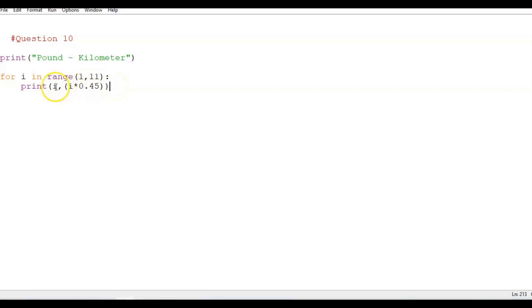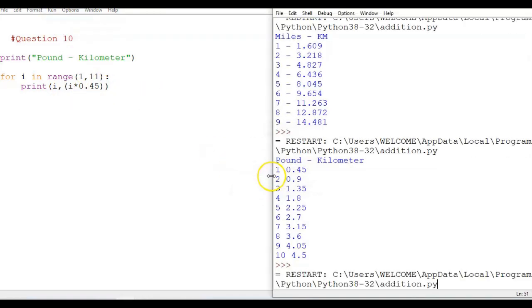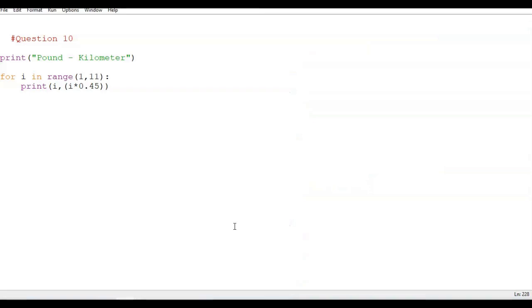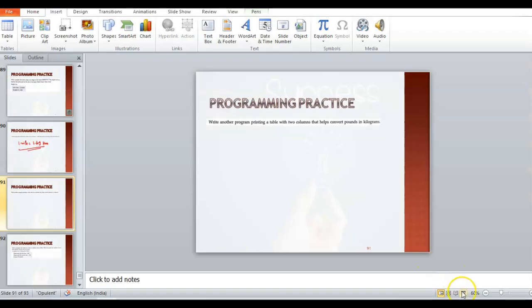Also, you have to count the number of open parentheses, and close that many parentheses. Moving to the next one, please check. The output is again the same, only because we are getting a 2 decimal value. So no problem if you are using round, and it is also fine if you are not using it. I hope you are clear with both of these questions.